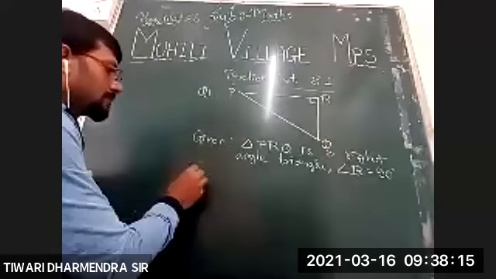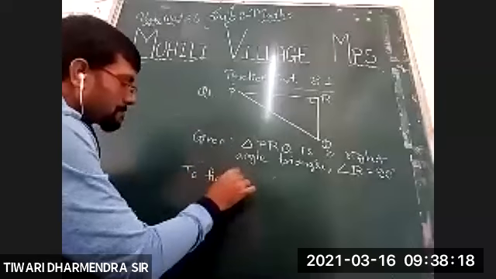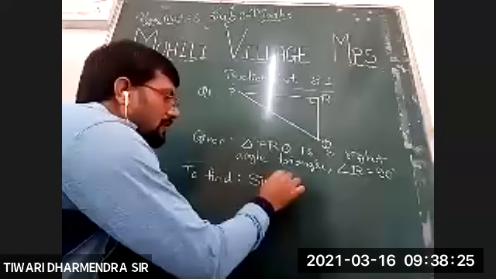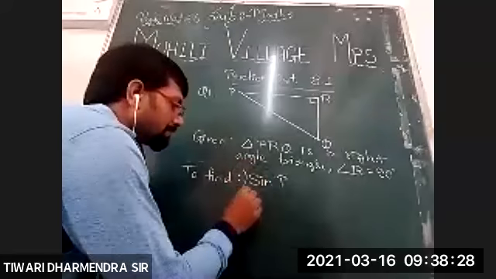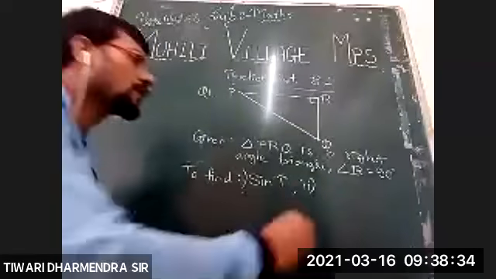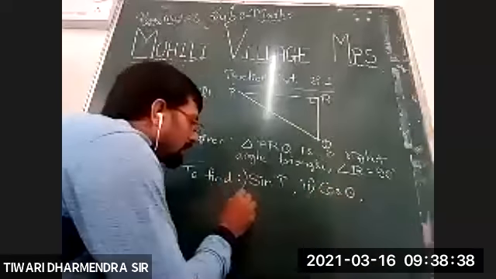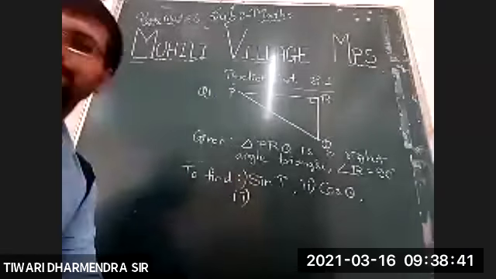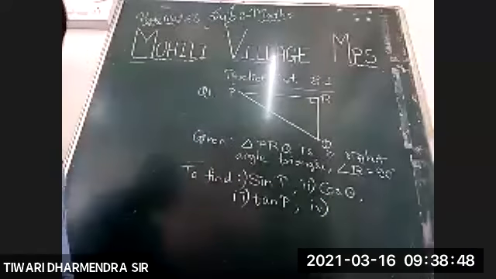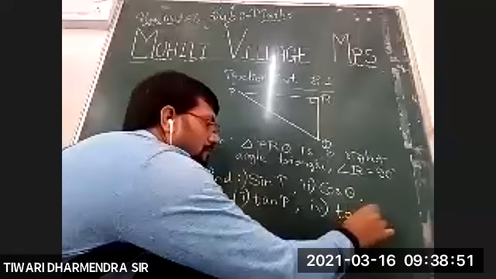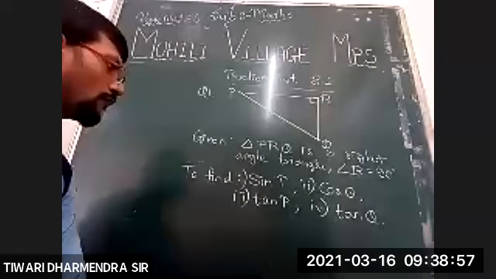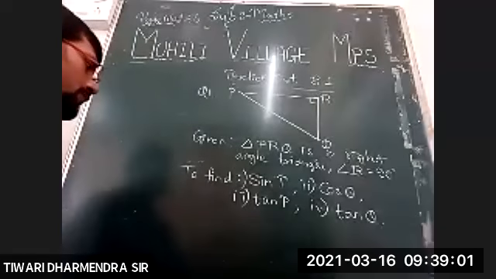To find: sine of angle P. This is first. Second, cos Q. Third, tan P. And fourth, tan of Q. Out of third and fourth, I will be solving any one for you. The second one will be homework for you. And first and second, I am solving for you. No problem. First,